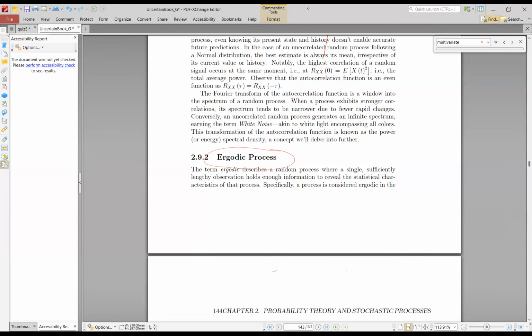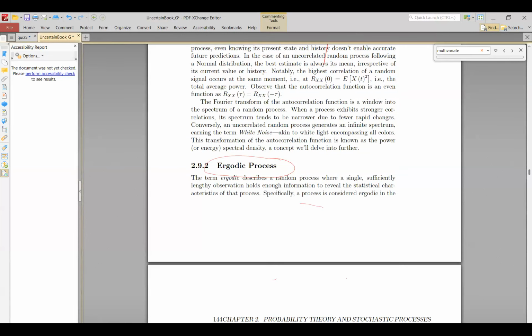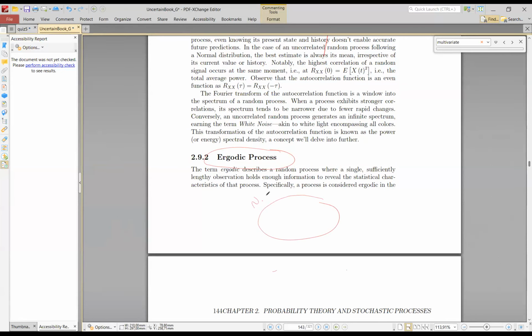Okay, so in the beginning we have the non-stationary process. Inside, as part of it, we have the stationary process. And finally we have the ergodic process. Every ergodic process must be stationary. So we don't have an ergodic process that is non-stationary. Of course, it must be stationary first, and after that it can be